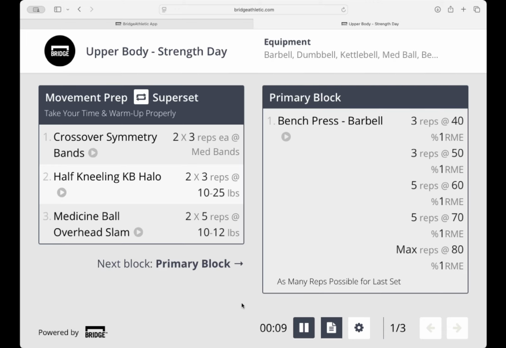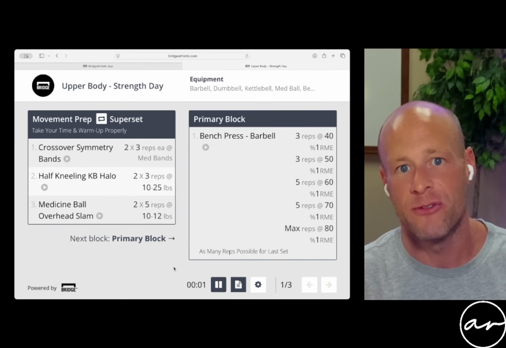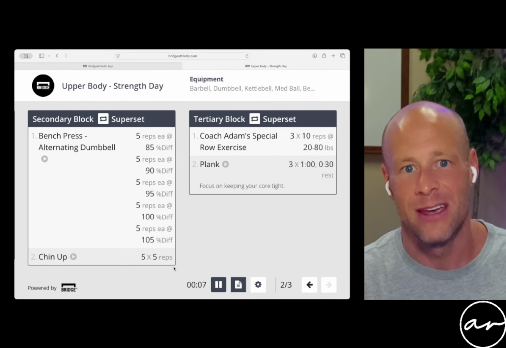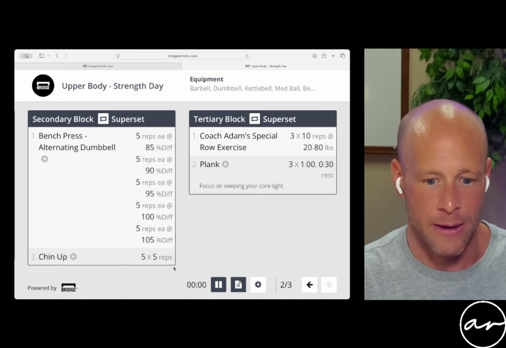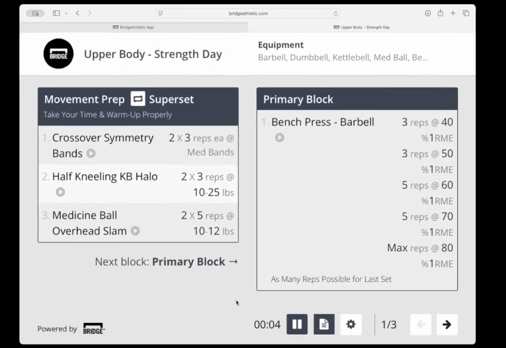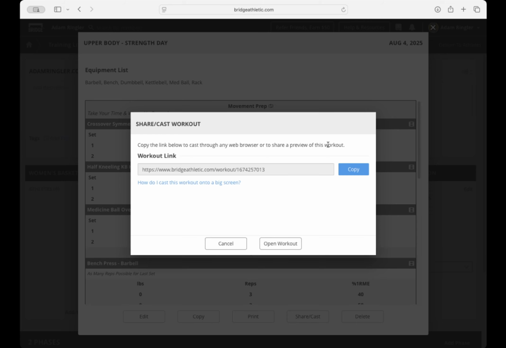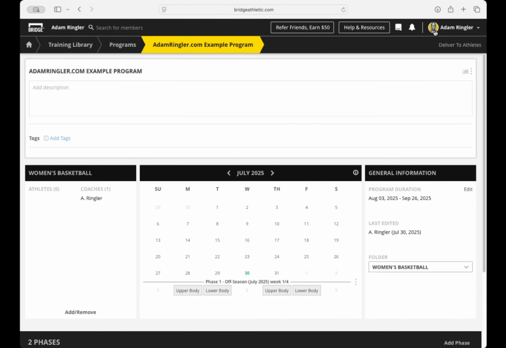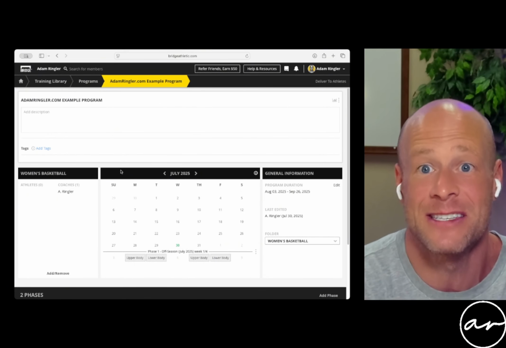You can click play. And because this is essentially a primary, secondary, and tertiary, it will just every 10 seconds flip to the next screen. And then 10 seconds later, there's your secondary and tertiary block. Although it only has 2 of the exercises, it will flip into the next, right? So we're going back and forth and back and forth. This is such a cool feature for broadcasting your programs in a facility where you're trying to share what you're doing with your athletes so that they get to see the program as well as it living on their phone